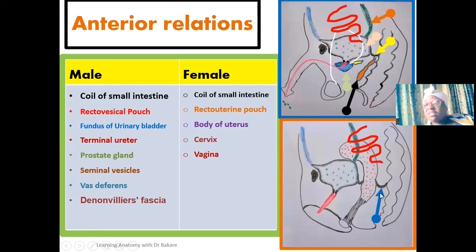Then we have the body of the uterus, and this is the body of the uterus arrowed here in black. We said that in the female, the uterus is located between the urinary bladder and the rectum. Then we have the cervix. The cervix is the inferior part of the uterus. So this is the cervix. Then we have the vaginal canal. So those are the structures that are related anteriorly to the rectum in female. You can see that there are differences in terms of anterior relations of the rectum in both the male and